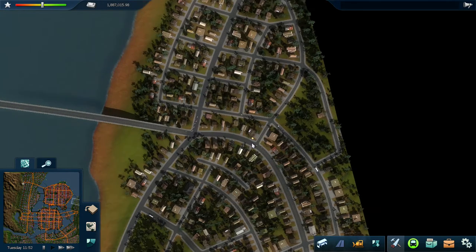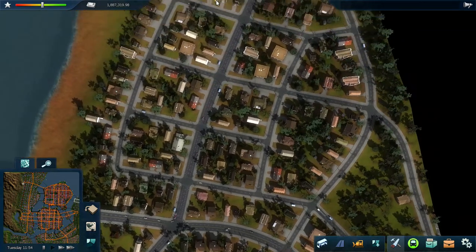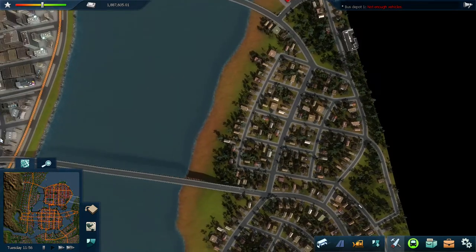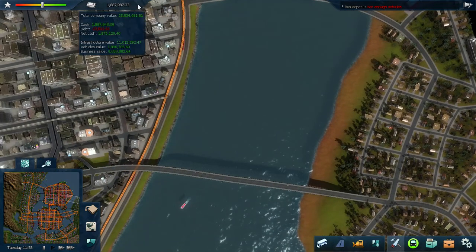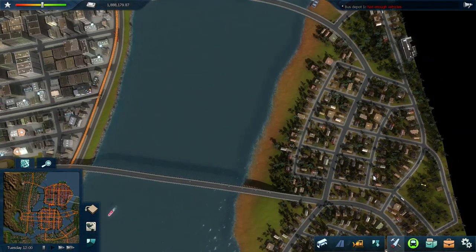And there are bus stops here. I've seen 2 of them so far. But like I said, there's a bug in the game, and it causes the stops to disappear, because my map is huge right now. So what I'm probably going to do is make a loop in one of these neighborhoods,